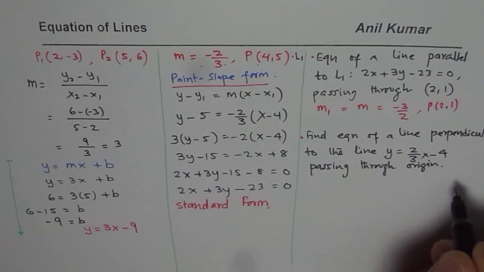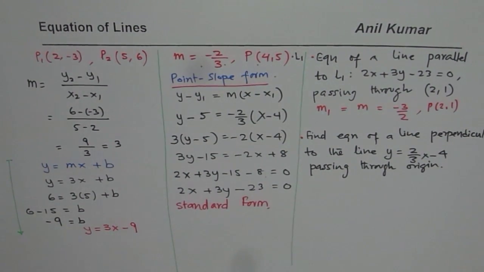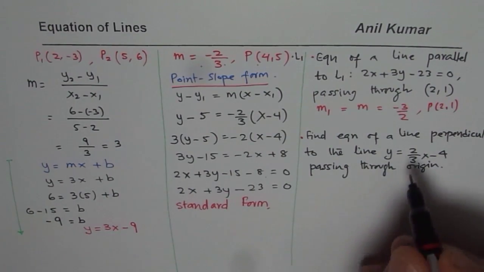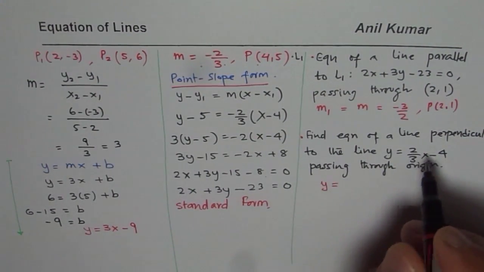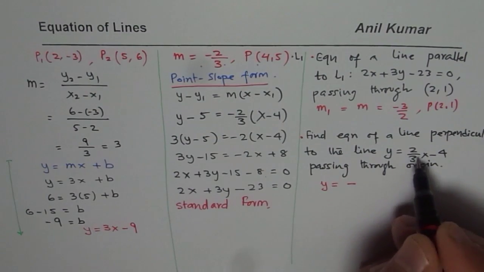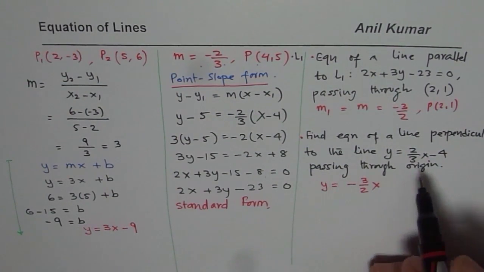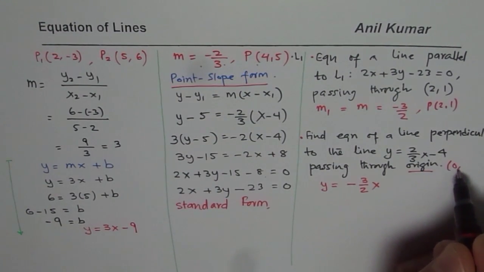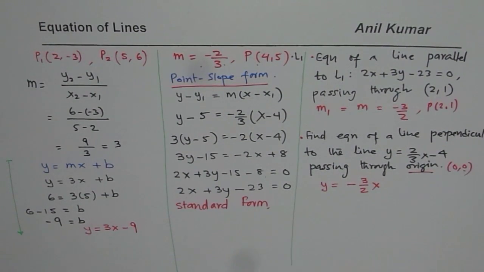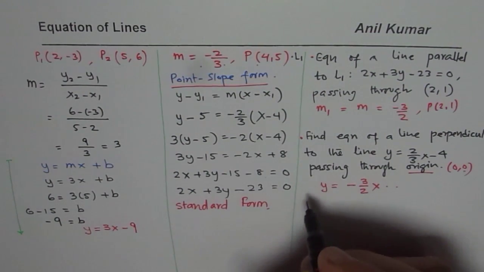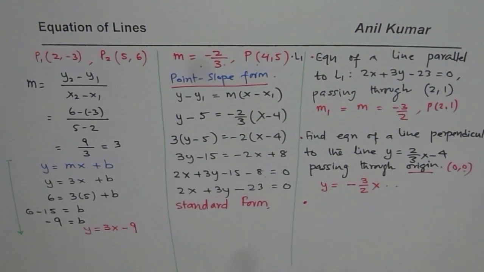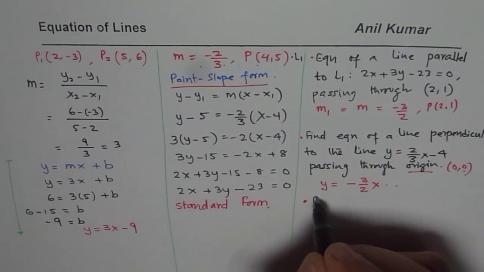Now if the line is passing through the origin, that means the y-intercept is 0, right? So the answer for this should be y equals, perpendicular means the slope will be the negative of this, and flip this, 3 over 2x. Do you see that? Now since it passes through the origin, the point 0, 0 is on the line, so the y-intercept is 0, so that part is 0 for us. So likewise, in lines we could have different conditions, and you could also have another equation, as we are just having a variety of questions. Find the equation of a line